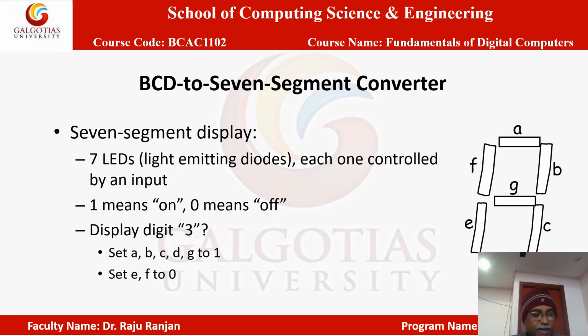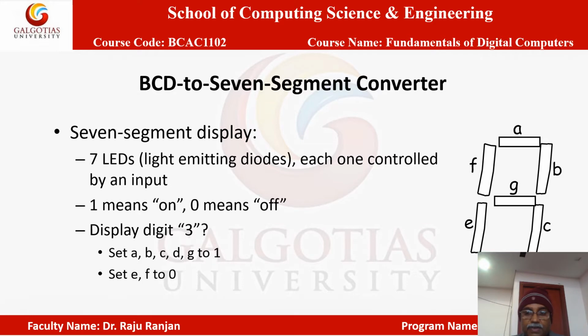So on the right hand side you can see the 7 segment display. With this 7 segment display, all the digits of decimal numbers can be displayed. You can see that there are 7 LEDs, and these are named A, B, C, D, E, F and G. These 7 LEDs are there, and when we want to display any digit, by putting any LED on or off, we can display any number between 0 and 9.